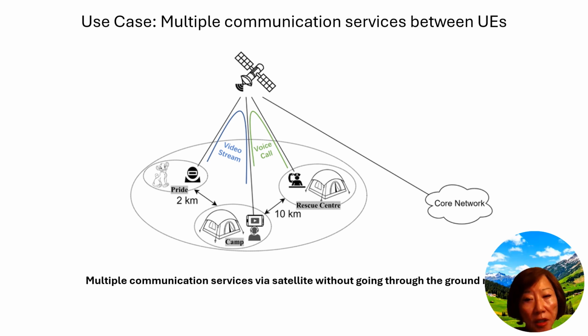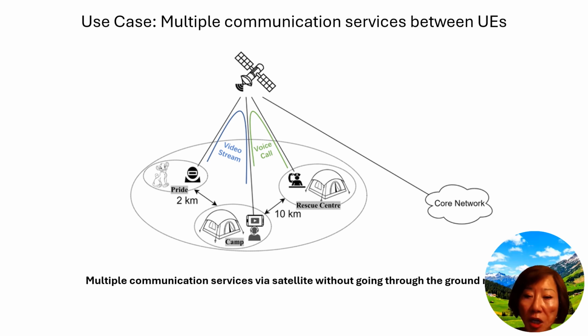The scenario here is set in a remote area, likely beyond any traditional cellular coverage, emphasizing the importance of satellite communication. There's no alternative. You can't get to a cellular network. The presence of a rescue center suggests that the system supports critical communications for safety and emergency response, as well as emergency preparedness. The satellite can handle both high bandwidth for video and low bandwidth for voice simultaneously. It has to do that. So this is the use case demonstrating the ability to do so.